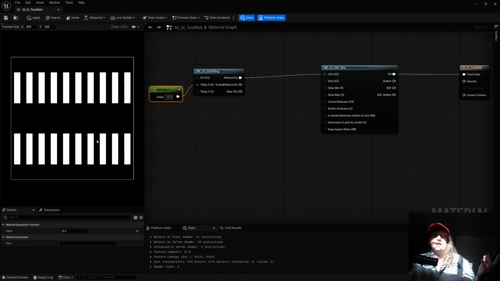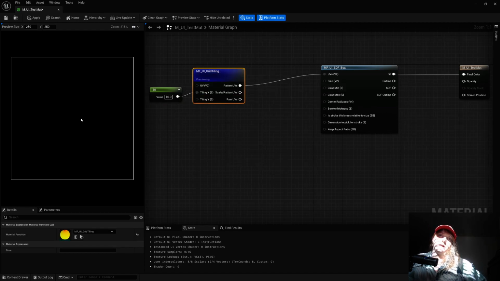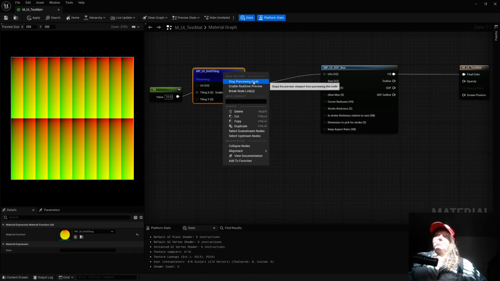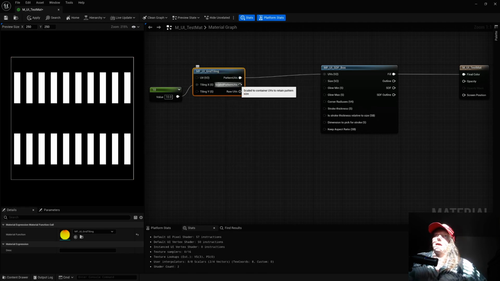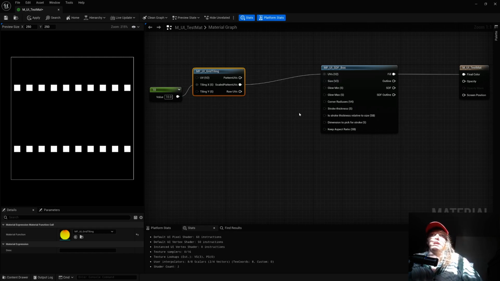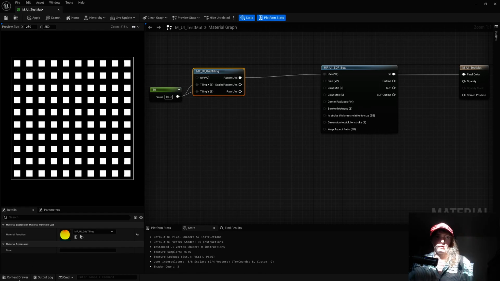this is the grid, but it's not scaled, right? So the box has now been stretched to be a rectangle because we're stretching the UVs. If we preview the node, it's being stretched here. So we can use the pattern UVs, and now they're perfectly square no matter what the size is. So that's not gonna matter as much, but one of the great things that I like to do